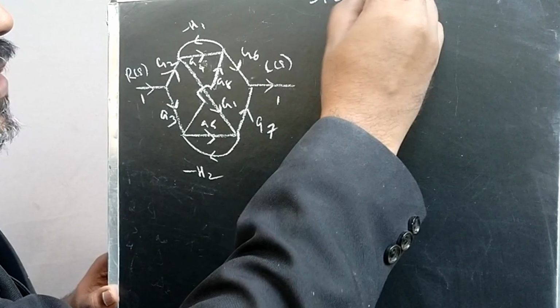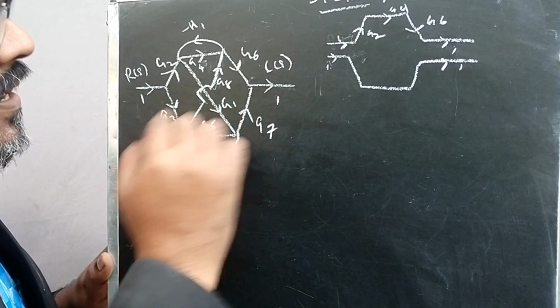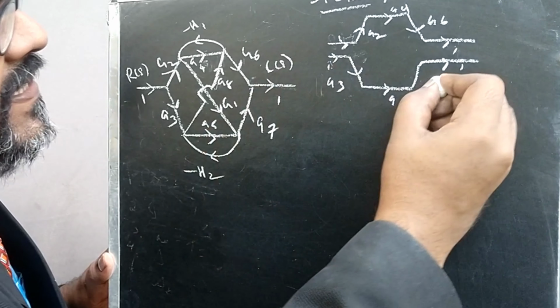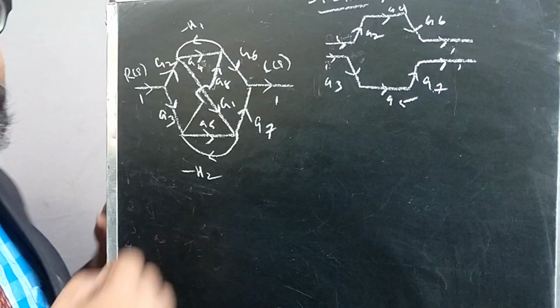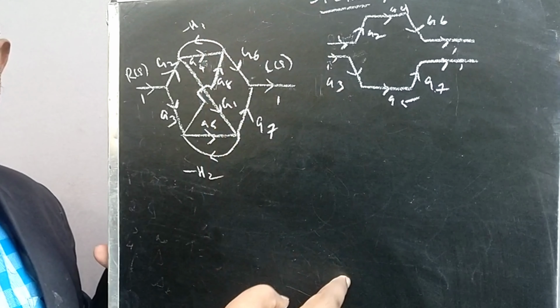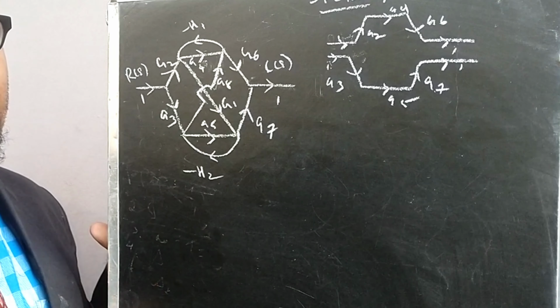This diagrammatic notation indicates the path. Here it is 1 of course, here it is 1 of course, as the diagram itself shows. Then here it is G3, here it is G5 and here it is G7. This is the next forward path. Then we put all the forward paths first and then write the gain of each and every forward path. Then the next forward path we can say is this.